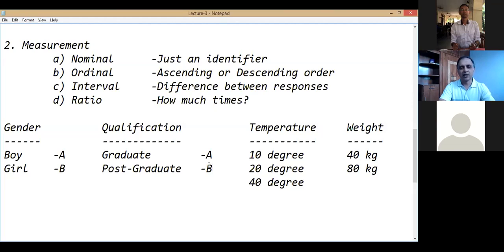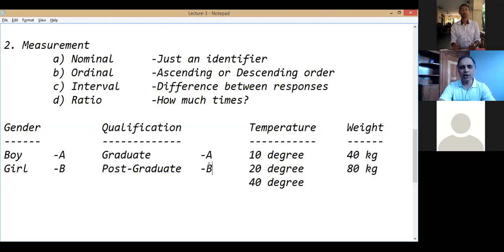Look for something else. Marital status, unmarried and married. What is your viewpoint? Is it nominal or ordinal? So it will be nominal. We can't say that married people are more. You have to give context that I'm talking in terms of happiness, or in terms of problems. There you may have a certain opinion, but if I simply say A is married, B is unmarried, you can't say A is less or more than B.